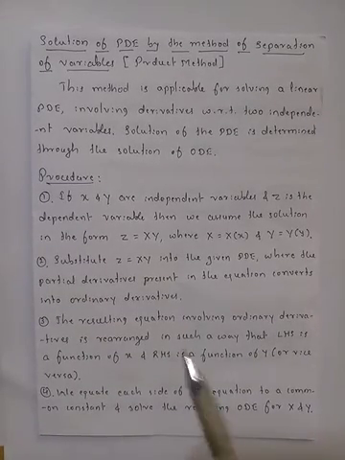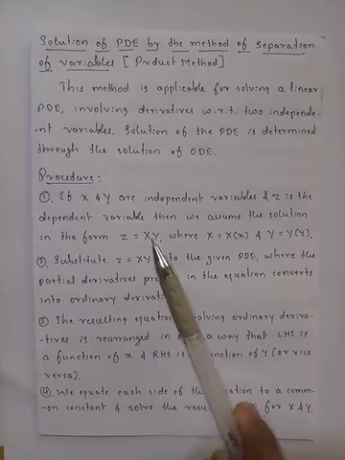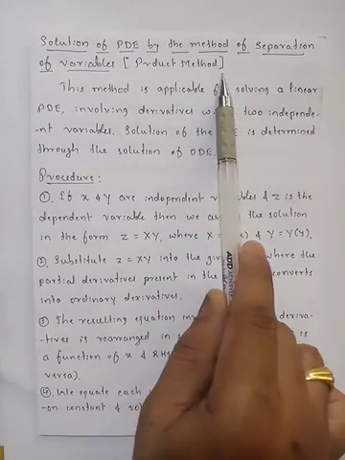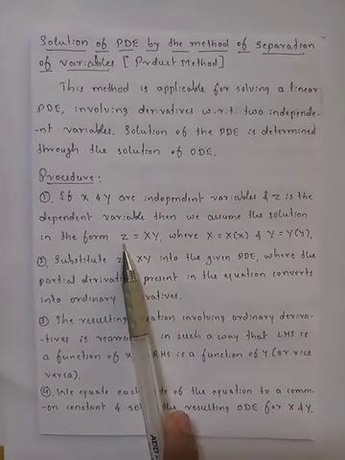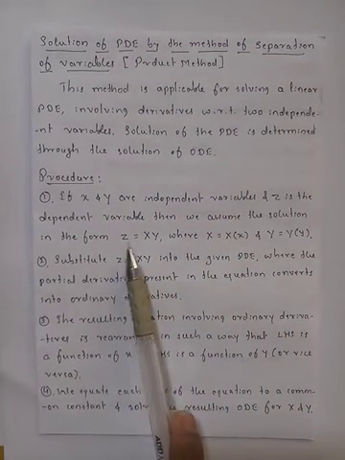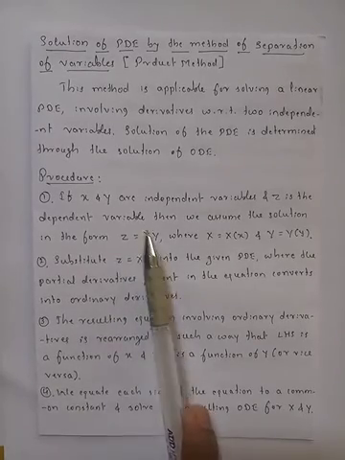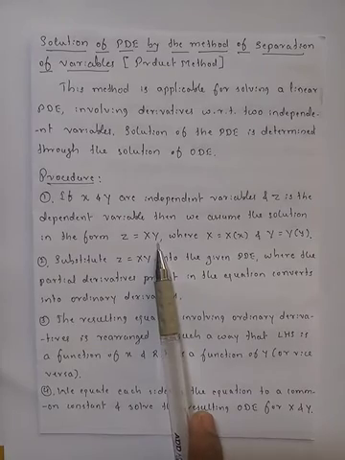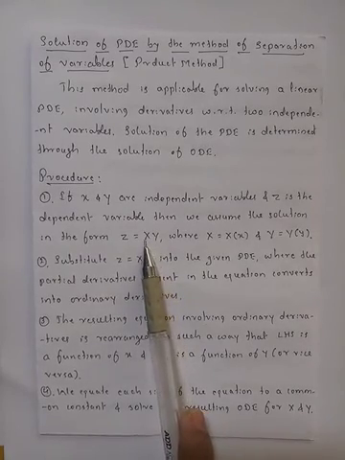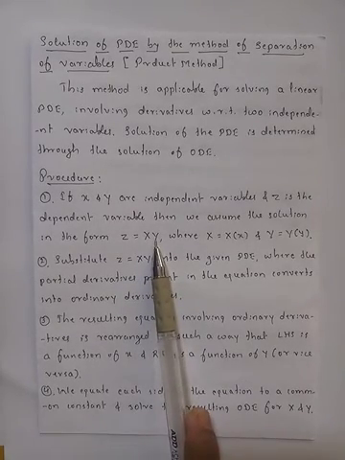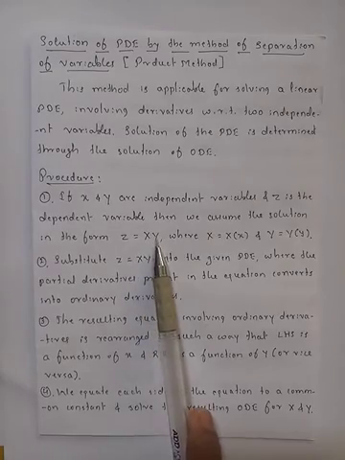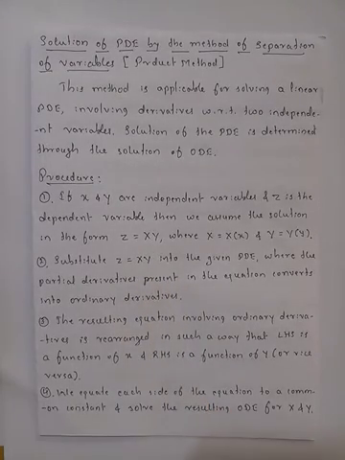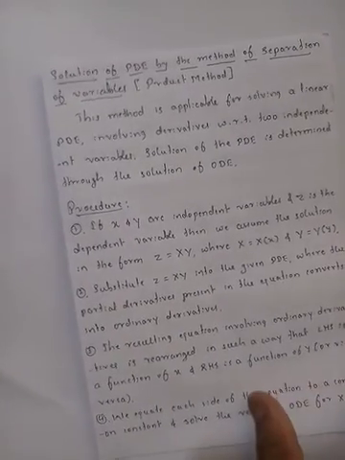Overall, this method is also called the product rule, because we are considering the solution as a product of the independent variables, that is x and y. So our work is to find the values of capital X and capital Y, which are in terms of small x and small y. Then the last step is,